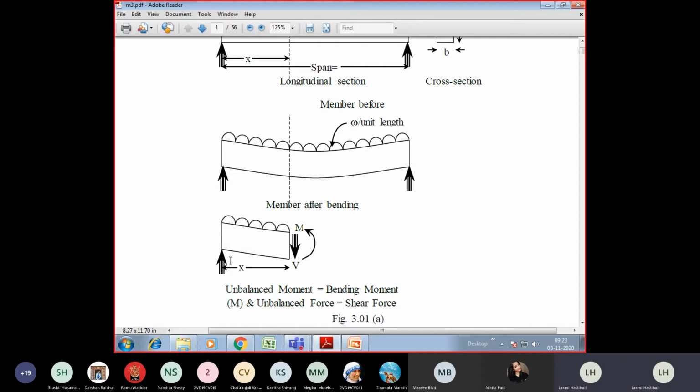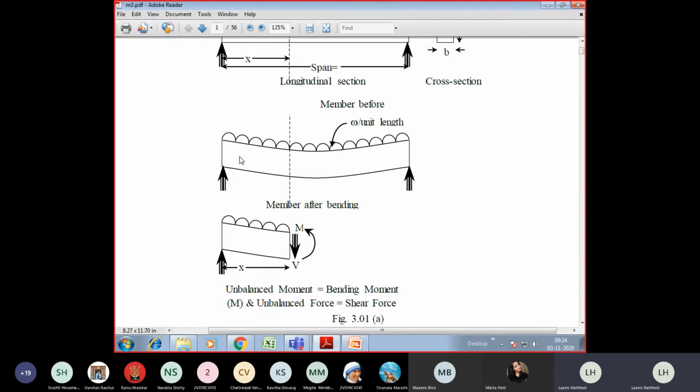So now I have taken this particular beam. This is my reaction Ra, right? An unbalanced force that has been generated here, which is going in negative direction. This is V. In a similar way, if you take this Ra into X, there is a clockwise moment generated, right? Now to oppose this, there should be a resistance generated here in the opposite direction, that is M. You can see the M in anti-clockwise direction that has been generated. Now this is basically an unbalanced force, is it not?